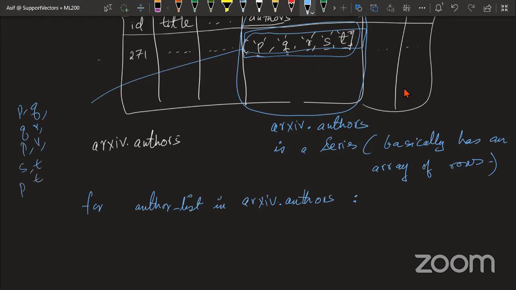You want to create all of these pairs: PQ, QR, PR, ST, PT. Am I making sense? So how would you do that? You would say for every element X in this author list, you take X and you take Y, some other element Y also in the same list.